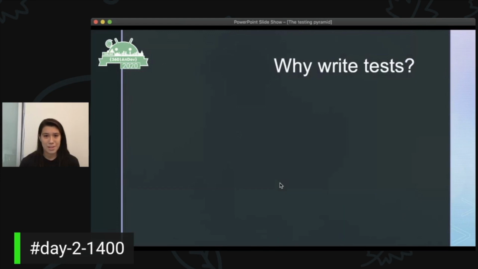So why write tests? Well, that is a question that took me a very long time to understand. So I started off programming when I was at university, and my understanding of tests then was not good. Tests were scary. Tests were the sort of thing that you submit your assignment and there's a whole bunch of automated tests, and it spits out 75%, and that was your mark. And that's what tests were for.